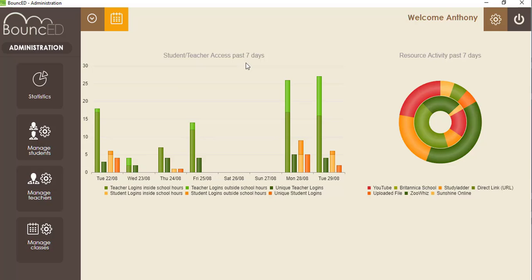It shows me when students and teachers have logged in during the last 7 days. It also shows me the use of the resources. And one of the advantages that I see here is it will tell me how many times each of the particular resources have been utilized, either at school or during homework. In this instance, it is showing me that URL in school has been used 42% of the time. It would also show to me that ZooWiz has been used